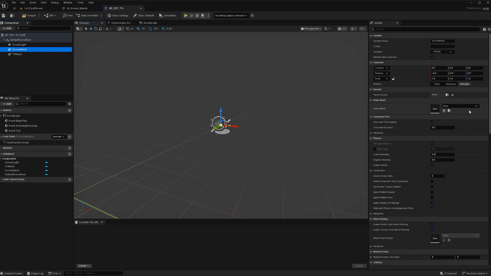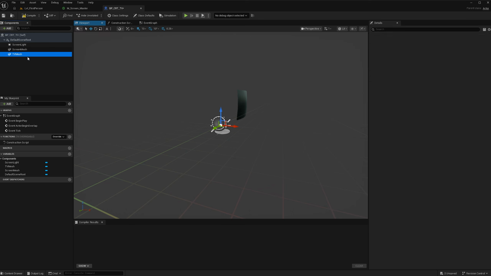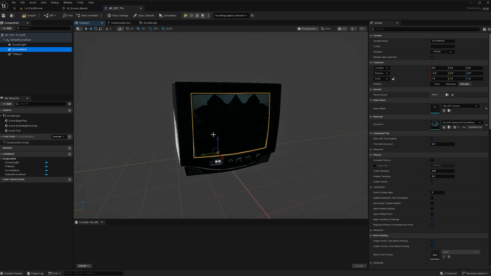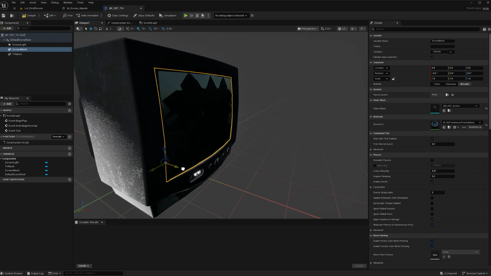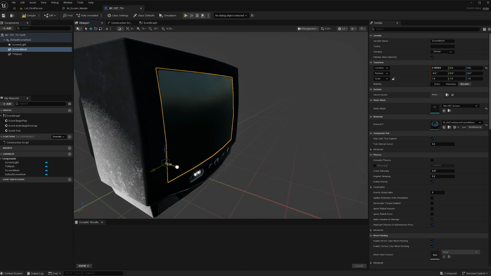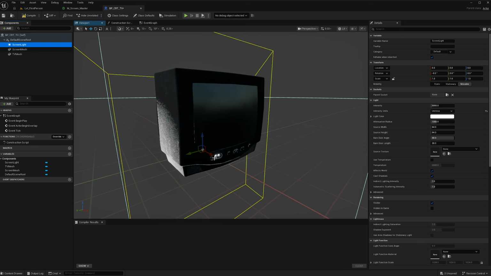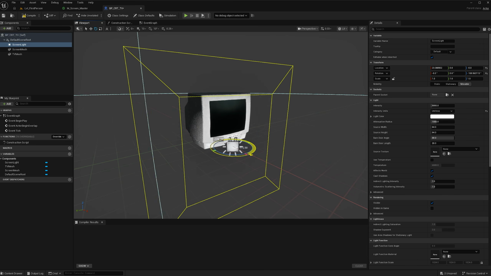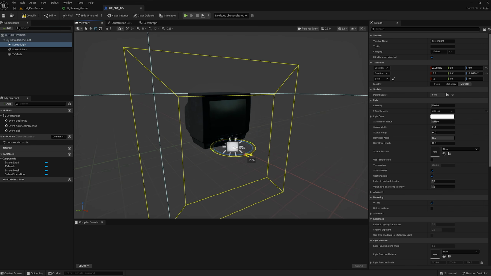Okay, so for the screen mesh, just find your imported SM CRT screen, and then for the TV mesh, just gonna find the CRT TV one. Okay, then what I would do is find where your screen mesh is, and you might have to pull it out slightly so that it's in front of the actual mesh of the TV, so somewhere like that. And then what you can do is take your screen light and just reposition this as well. So if you see here, if we rotate it that way, the light is facing this direction,